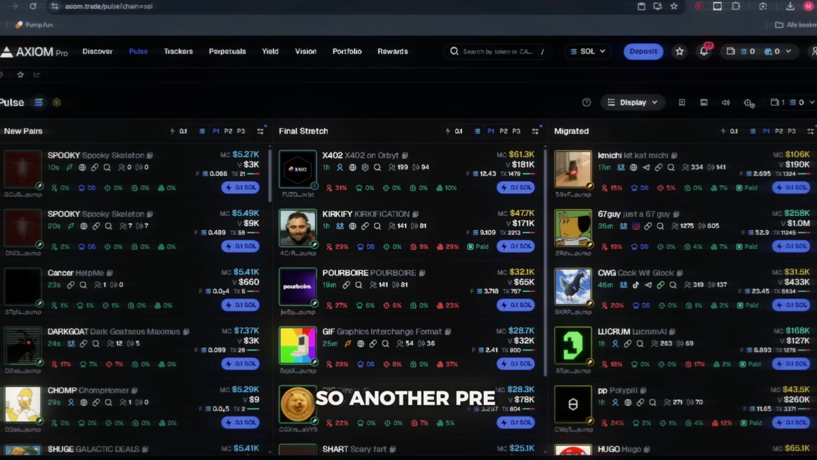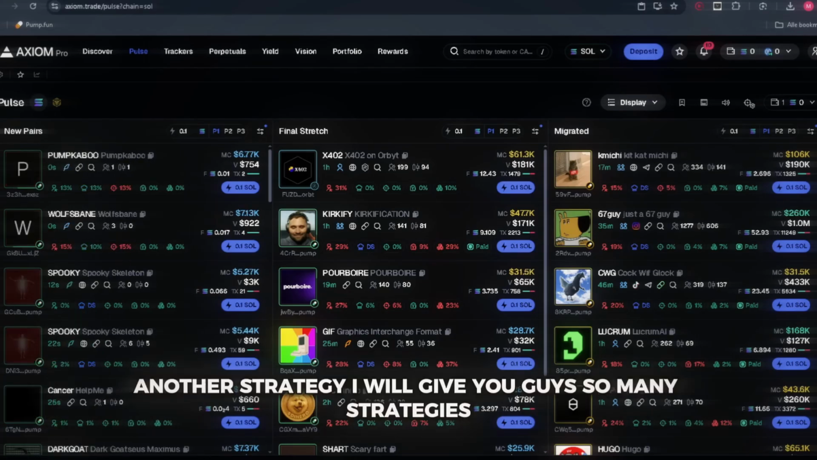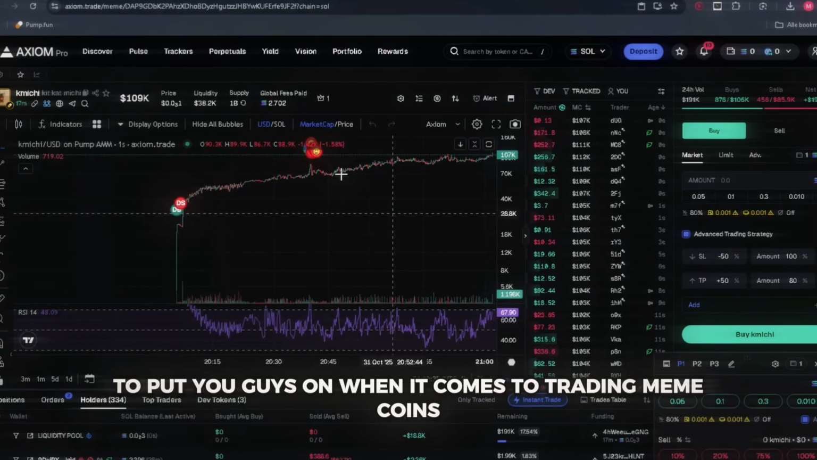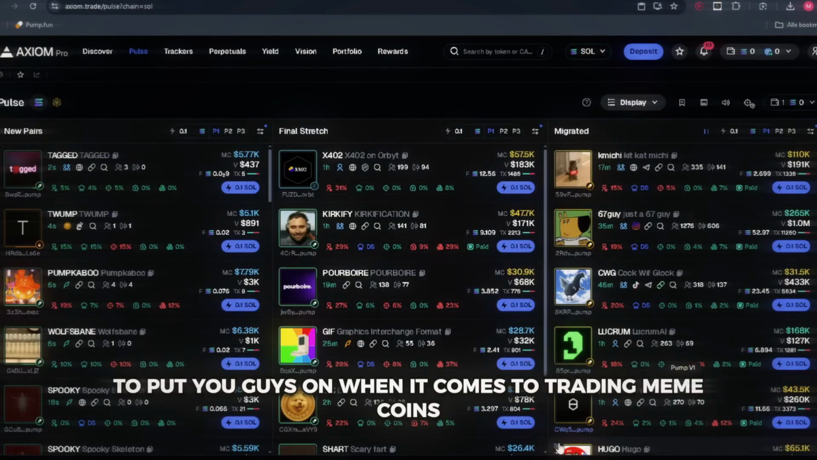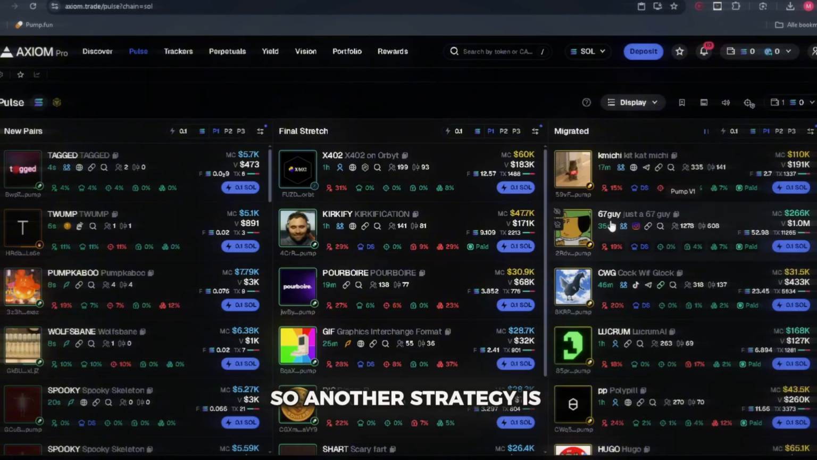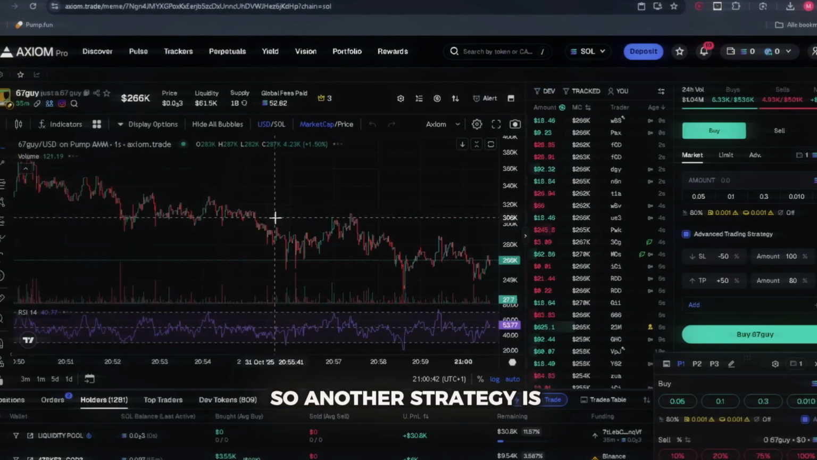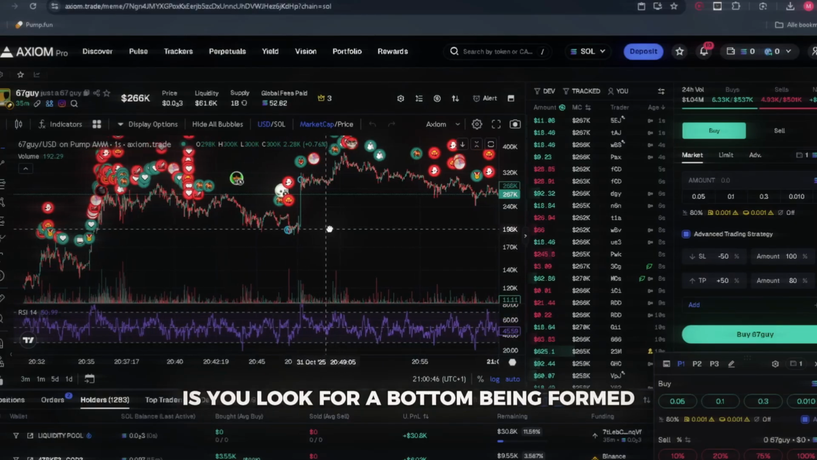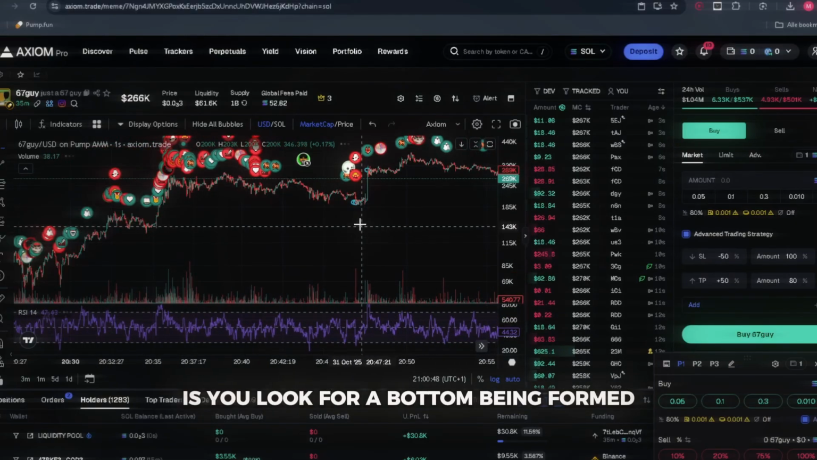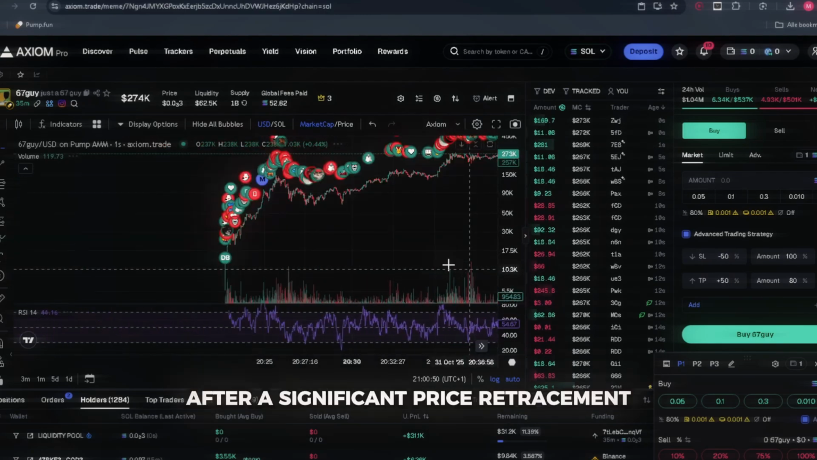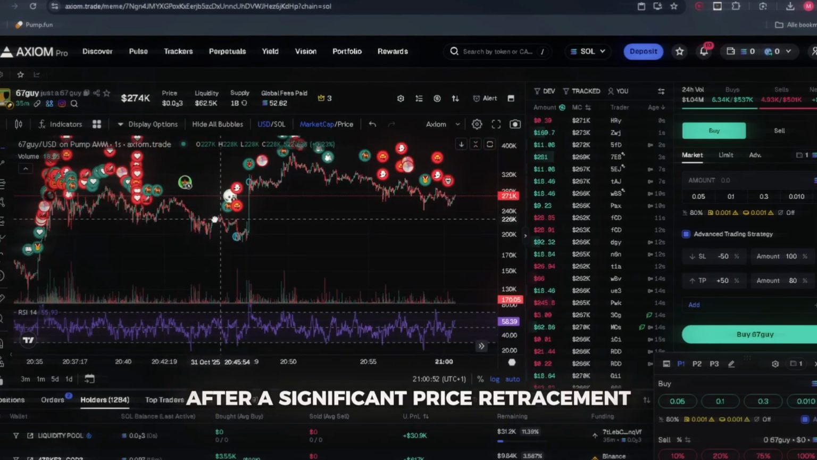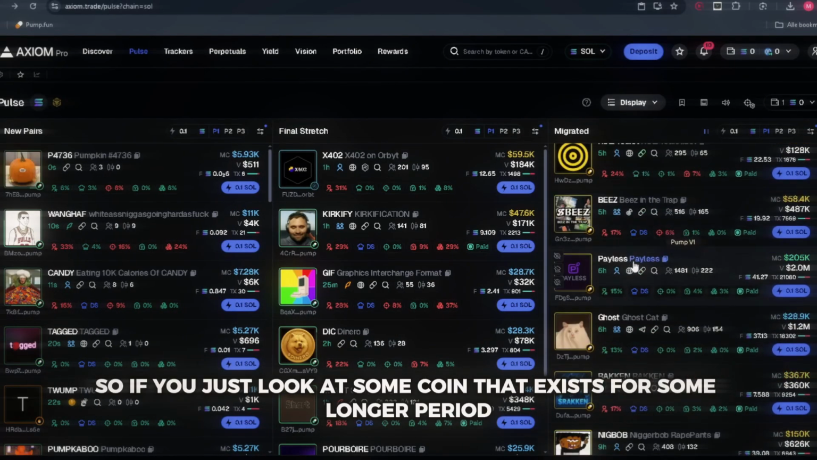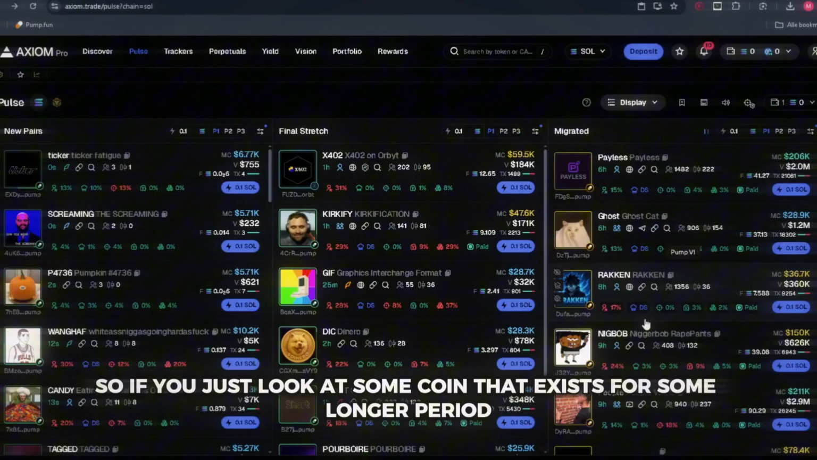So another strategy, I will give you guys so many strategies to put you guys on when it comes to trading meme coins. So another strategy when it comes to trading meme coins is you look for a bottom being formed after a significant price retracement. So if you just look at some coin that exists for some longer period,